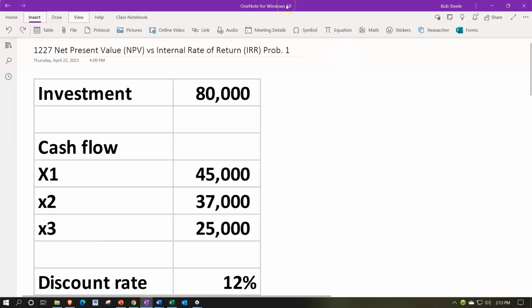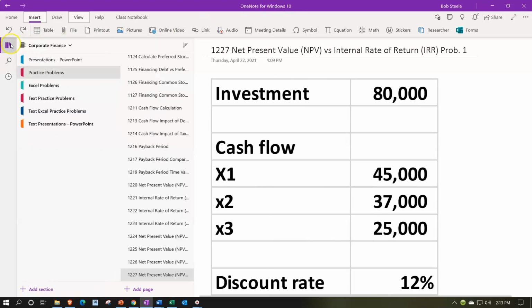Here we are in OneNote. If you have access to OneNote and would like to follow along, you're not required to, but if you would like to, we're in the icon on the left-hand side. We're in the practice problems, down in the 1227 net present value NPV versus internal rate of return IRR problem